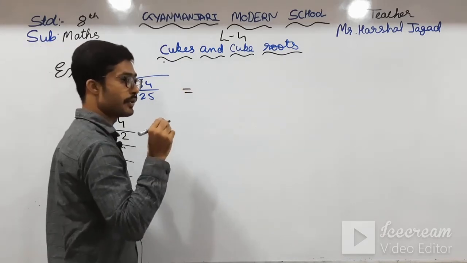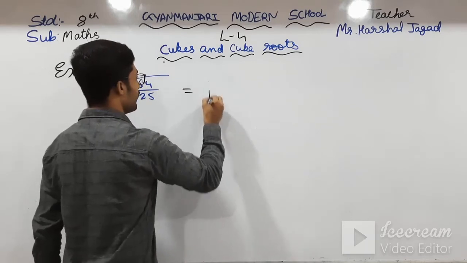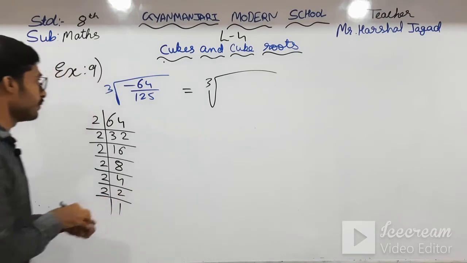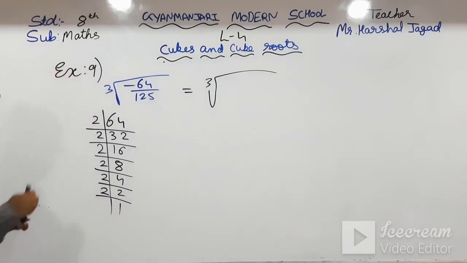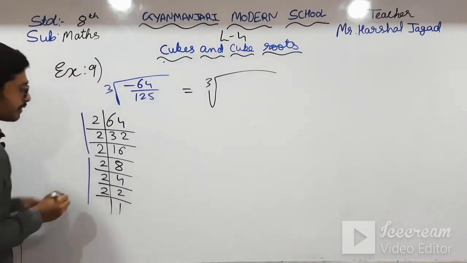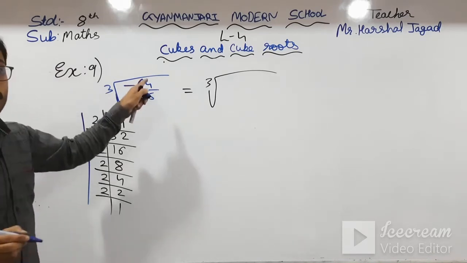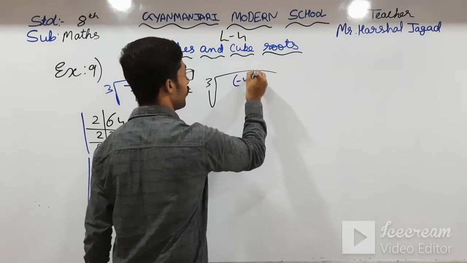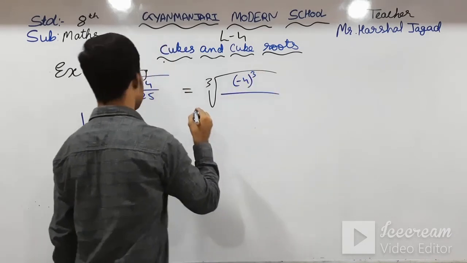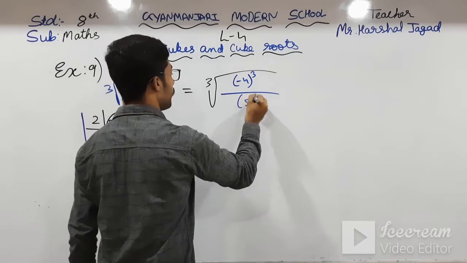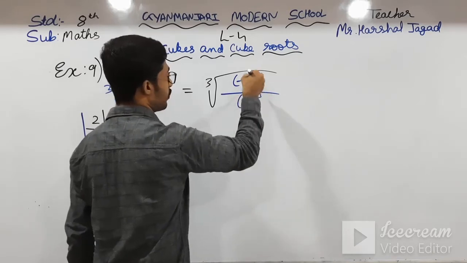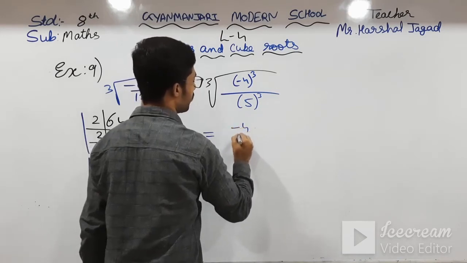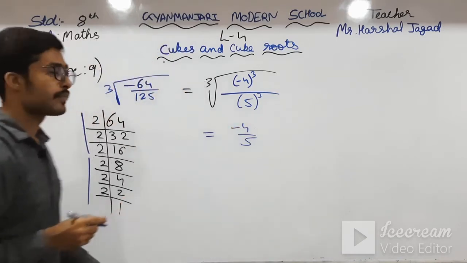6 times 2. So we can write this as 6 times 2, which means we take the groups of 3, 3. So 2 2s are 4. It is a cube of 4. But with the minus, minus 4 cube upon 125, that is 5 cube. So this cube and cube root will be cut out, that is minus 4 by 5 is the answer.